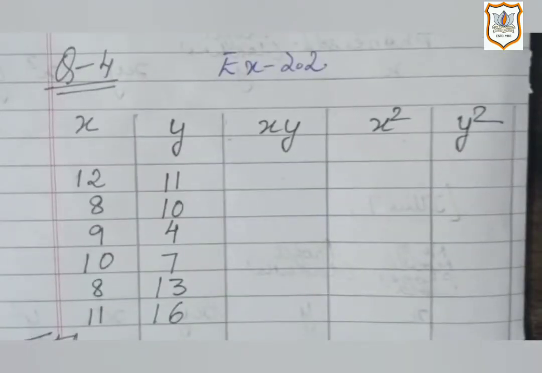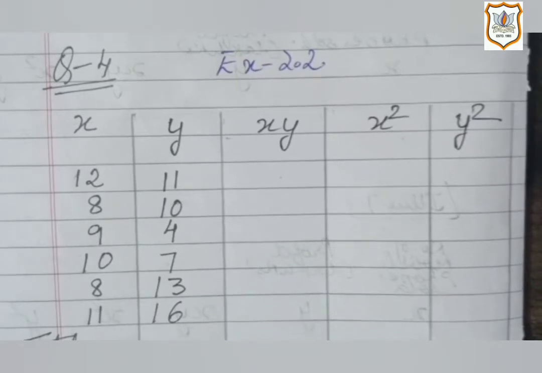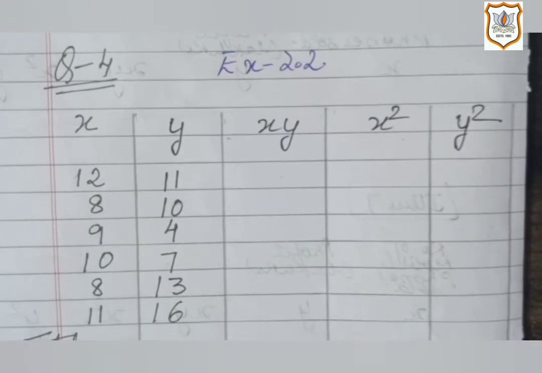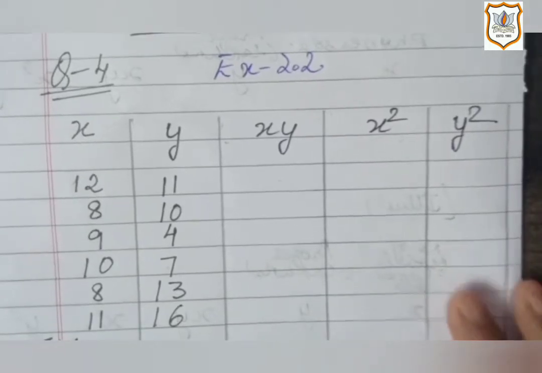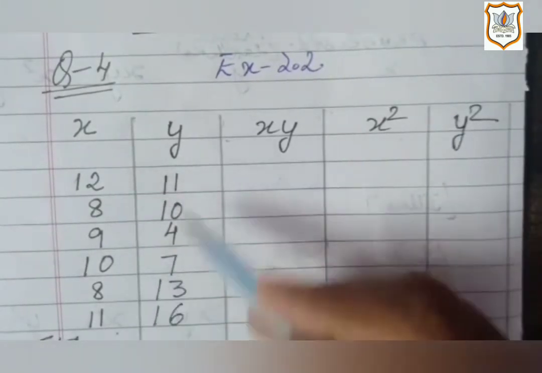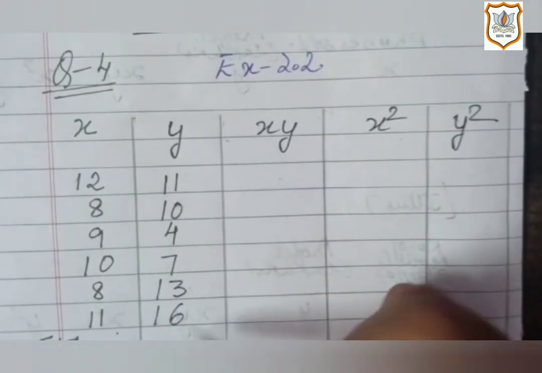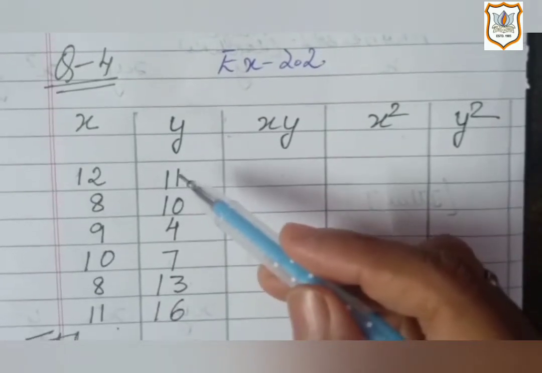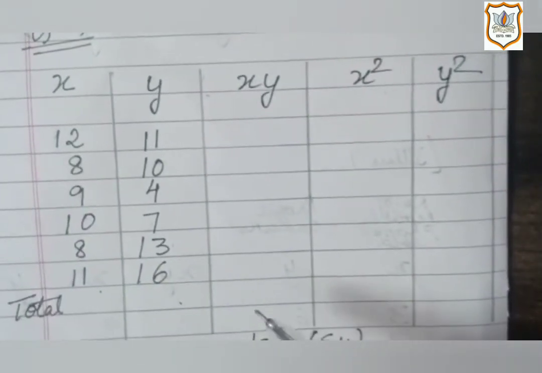Now let us solve question number 4 of exercise 2.2. Here again we are supposed to find the correlation coefficient between the two variables, that is the correlation coefficient between performances of children in two types of puzzles, that is maths and logic. Now let us solve this sum. These are the values of x, these are the values of y. Again the values are small, so we can solve by the method which I have told you.